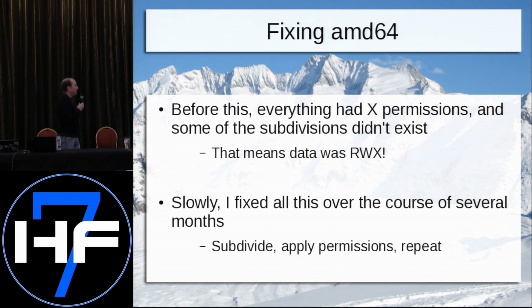So over the course of a few months, we started down this path of fixing this by subdividing the kernel into different regions and then applying the correct permissions. And this was an iterative process, and it took a couple of months. It took until January or February of this year. So once you've got all that done, by the way, the great thing about fixing these kinds of issues is that when you turn on your machine and run it, it'll either blow up spectacularly or it'll work perfectly, because if you have the wrong permission, you're going to see it right away.